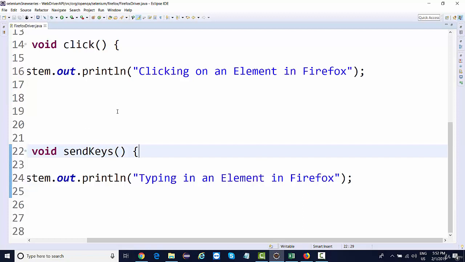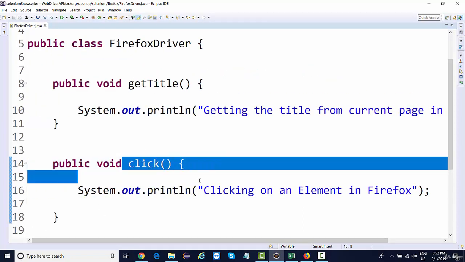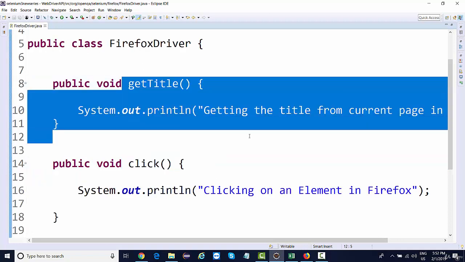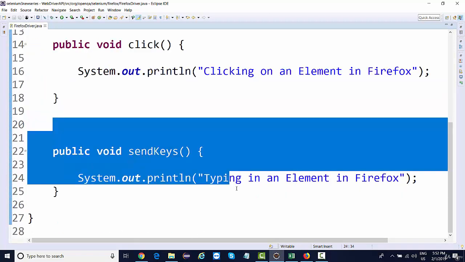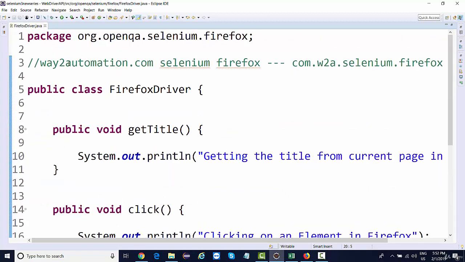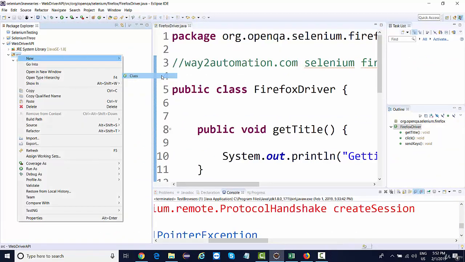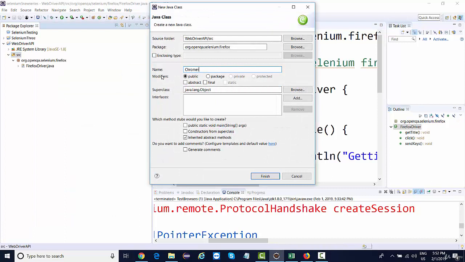Right? Now the same thing, clicking, I can do in Chrome as well, in IE as well. Get title I can do in Chrome and IE as well, right? Send keys, typing, I can do in any browser, right? So these methods should be common for other browsers as well, right? So what they did, they created another class called ChromeDriver to handle the Chrome browser. And here the package is chrome,